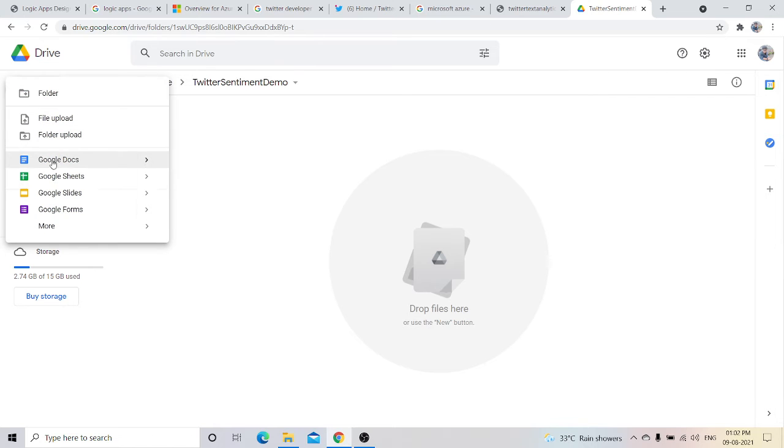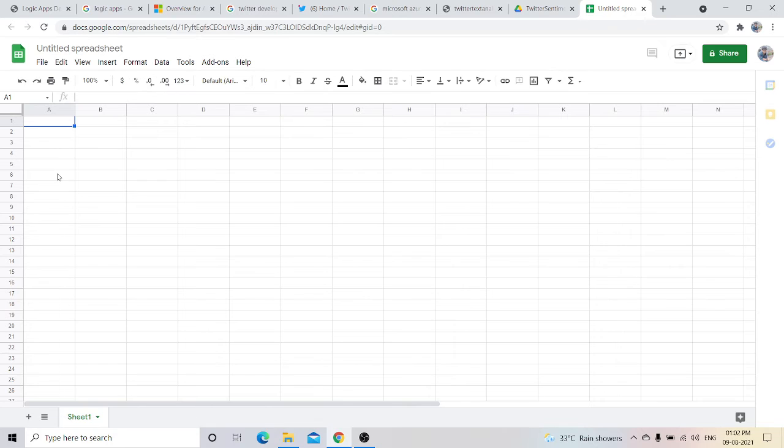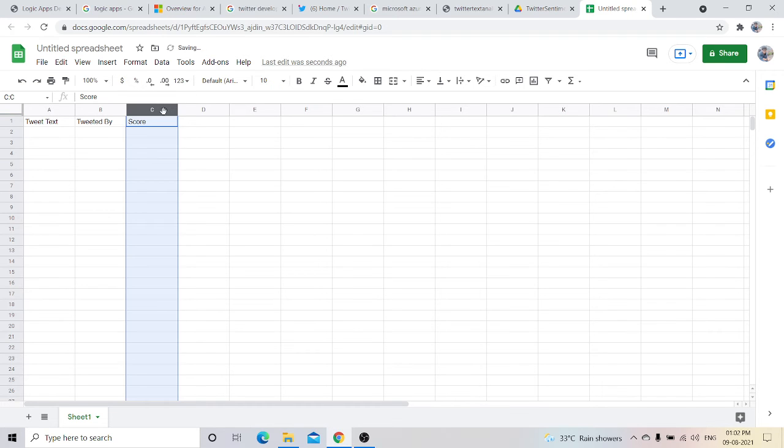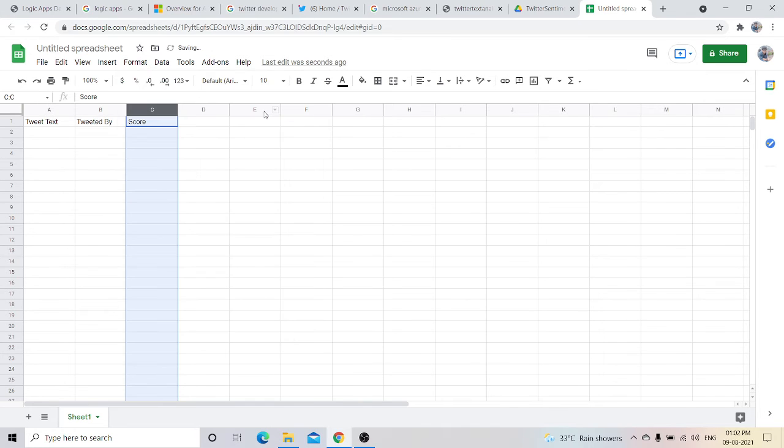We'll create a new Google Sheet. So here, just please repeat what I am doing. Tweet text, in the second column we need to write tweeted by, and in the third column we need to give score. So for score we need to give the formatting as number, so automatic, and we need to add some